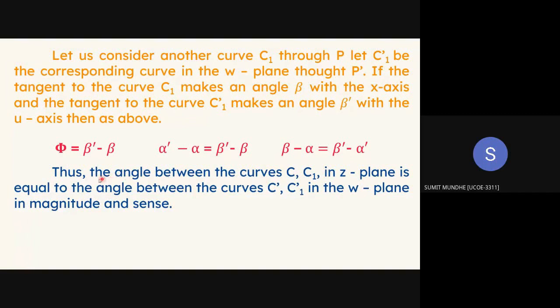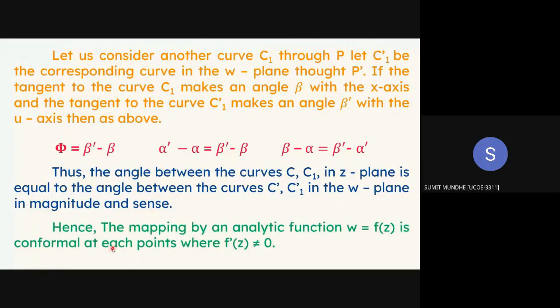Thus, the angle between the curves C and C1 in the z plane is equal to the angle between the curves C dash and C1 dash in the w plane in magnitude. Hence, the mapping by an analytic function w equals f of z is conformal at each point where f dash of z is not equal to 0. Next,